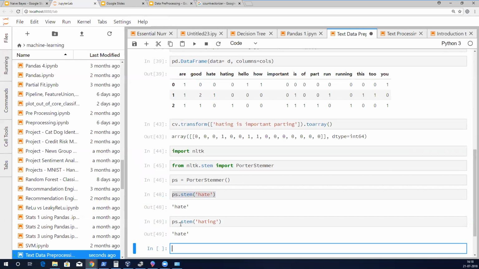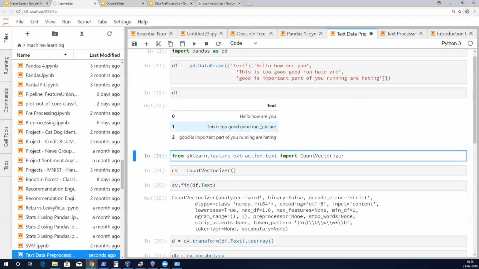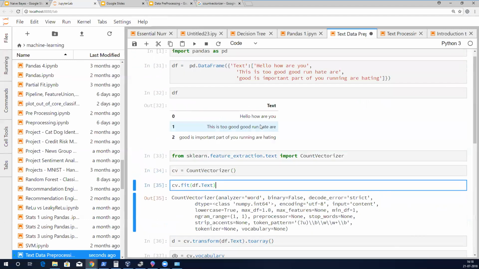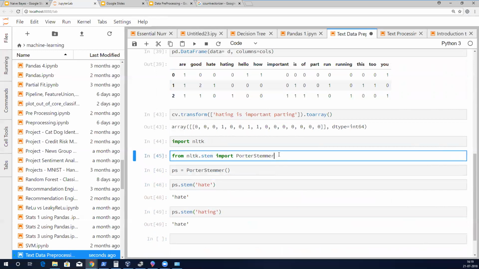hate. Understood, right? If you use the stemmer for all the words of the above context, you will require a lesser number of columns, isn't it? Yes. Understood what is stemming? Similar to that there is lemmatization. Now I'll show how to use stemming. You will use it at the data frame stage only, for each word. And you have to use a tokenizer also, so that you convert the sentence into words.